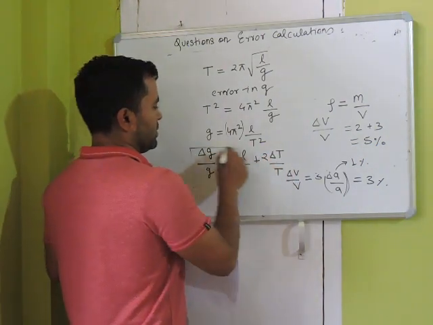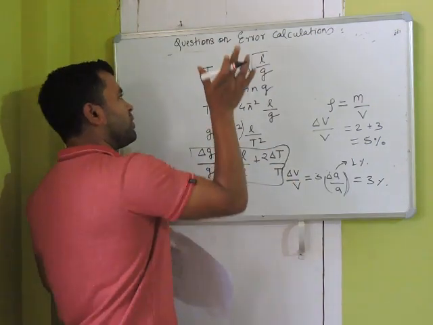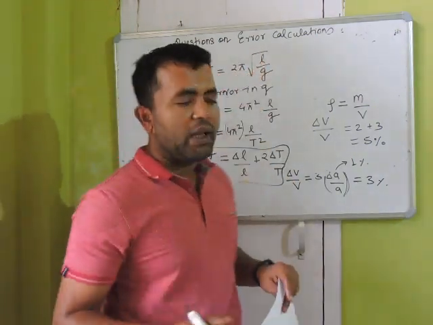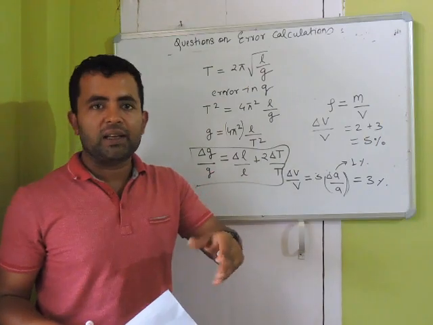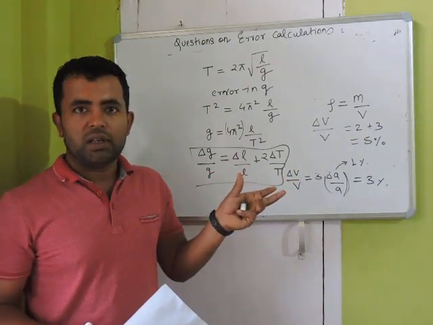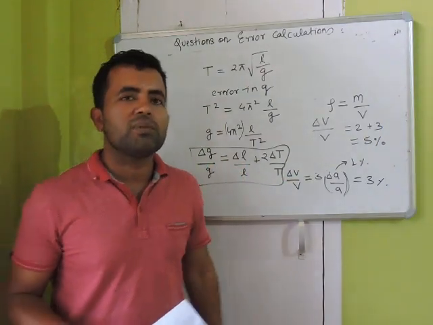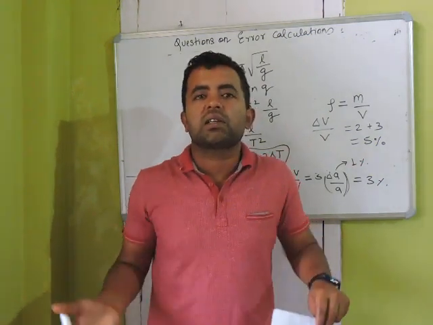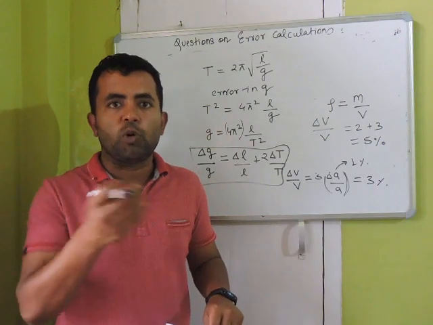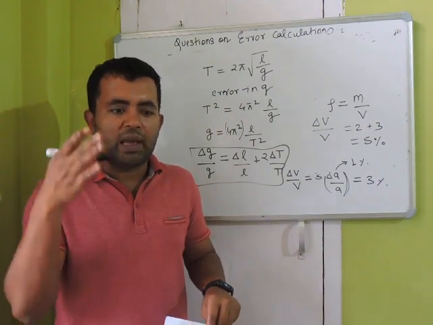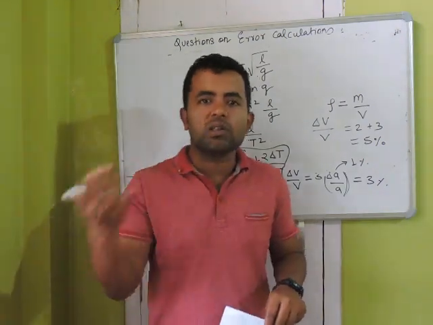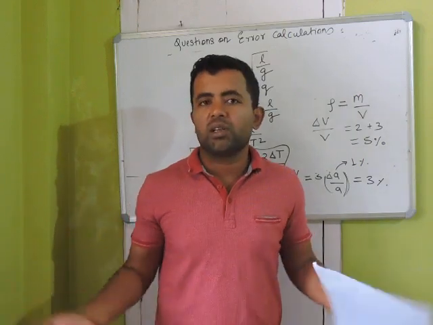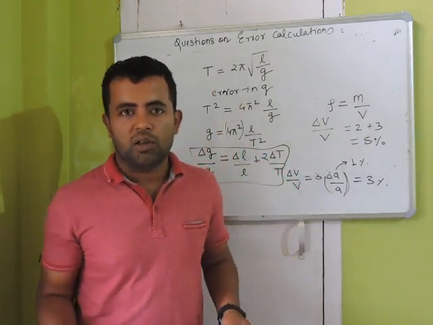So if you have been given a formula, and you remember the rules, then you can calculate error. There is also one more important concept, least count, like your scale has a least count of 1 millimeter, or 0.1 centimeter. So while calculating error, least count is also important, and we'll talk about least count in a different lecture. Okay, thank you.